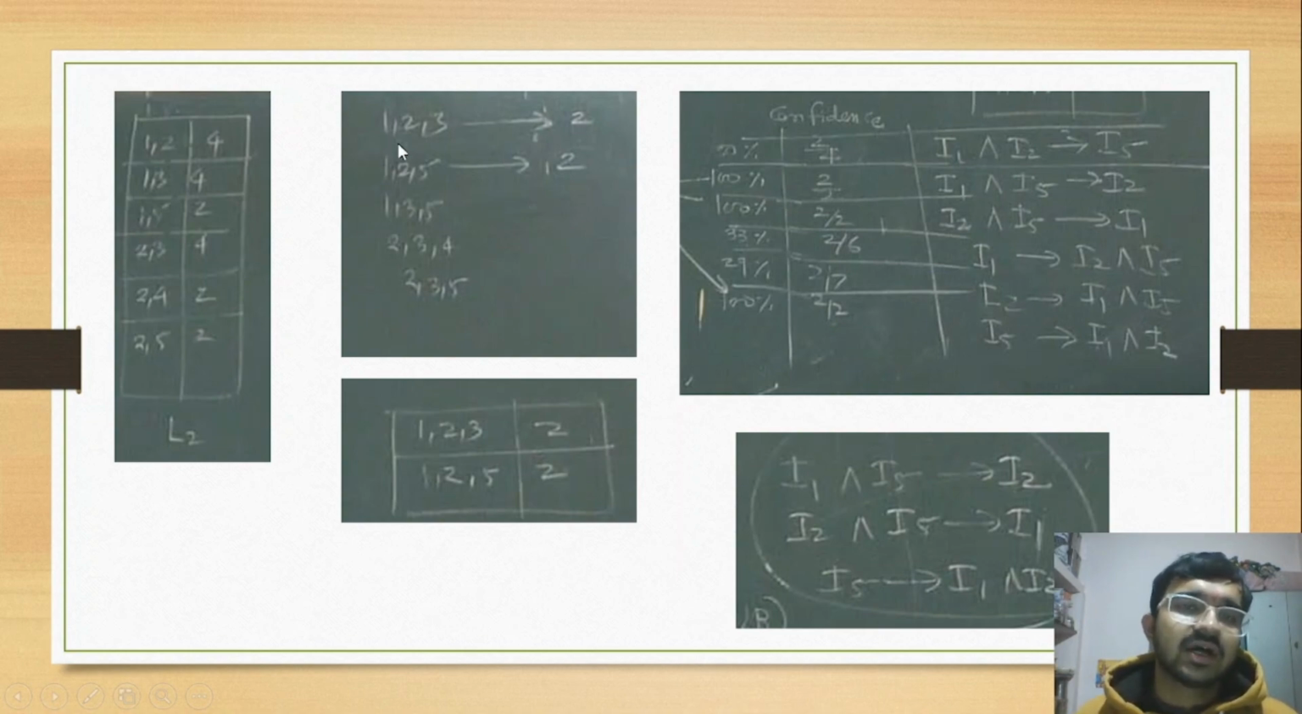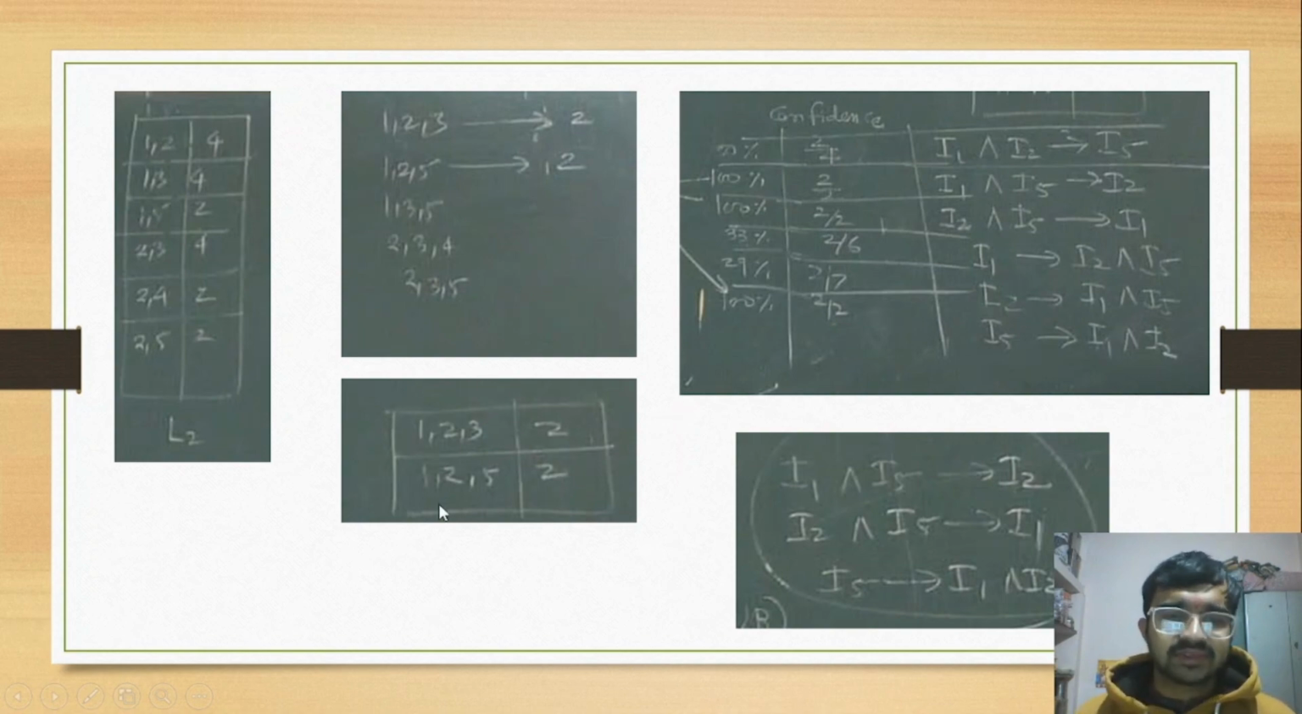We will count the occurrence of three item sets, as we calculated that 1 2 3 is coming two times and 1 2 5 is coming two times, and the others are not coming in the table. So we will make the final table of three item sets like this. Now as we have calculated our item sets, first we will